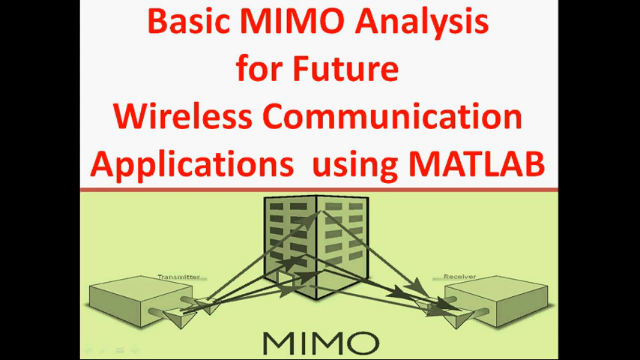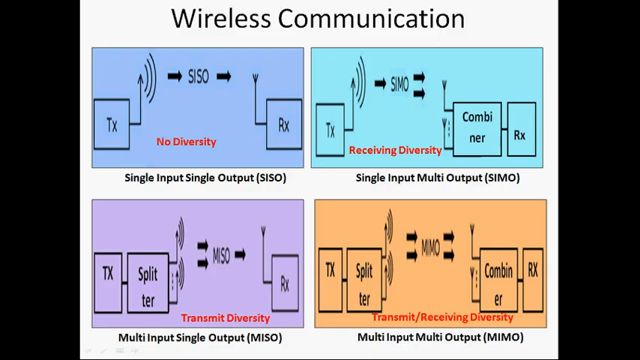Hi viewers, in this video I'll explain about basic MIMO, multi-input multi-output analysis for future wireless communication applications using MATLAB. Now in any wireless communication, systems are classified into four categories. It may be the single input single output, single input multiple output, multiple input single output, and multiple input and multiple output. There are four categories of wireless communication